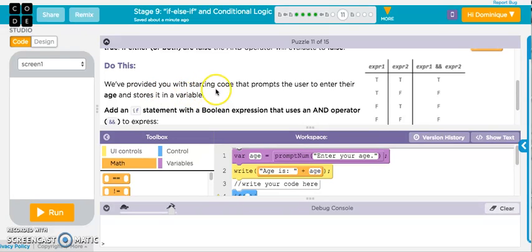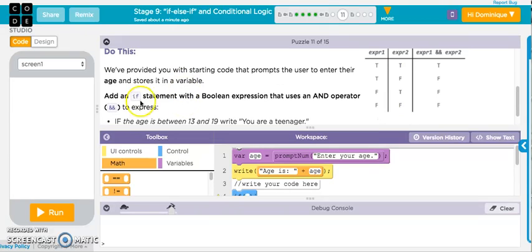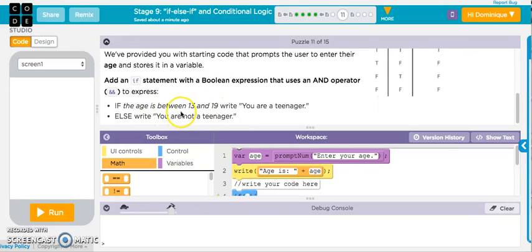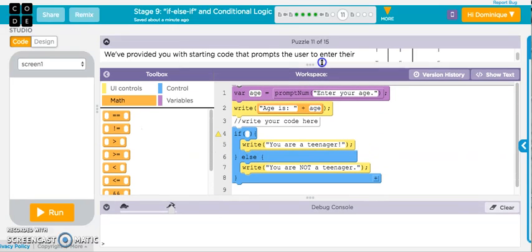So it says we provided you with starting code that prompts the user to enter their age and stores it in a variable. Add an if statement with the Boolean expression that uses an AND operator to express if the age is between 13 and 19, write you're a teenager, else write you're not a teenager. So again, we have an empty if statement here that we have to add with an AND operator. So if age,